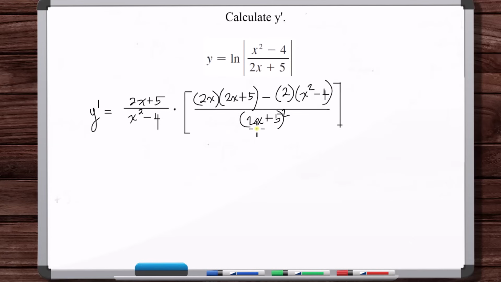Okay, that's the derivative. So one thing we can see is this cancels. So we've got, and then we have